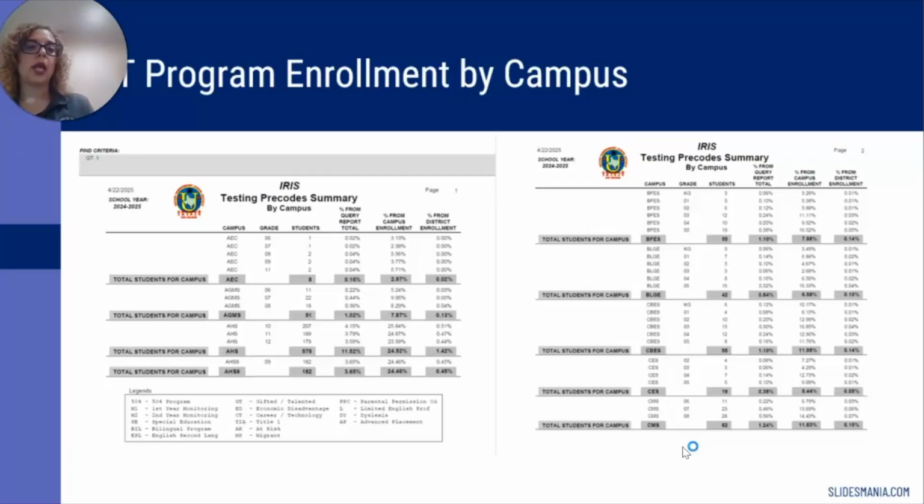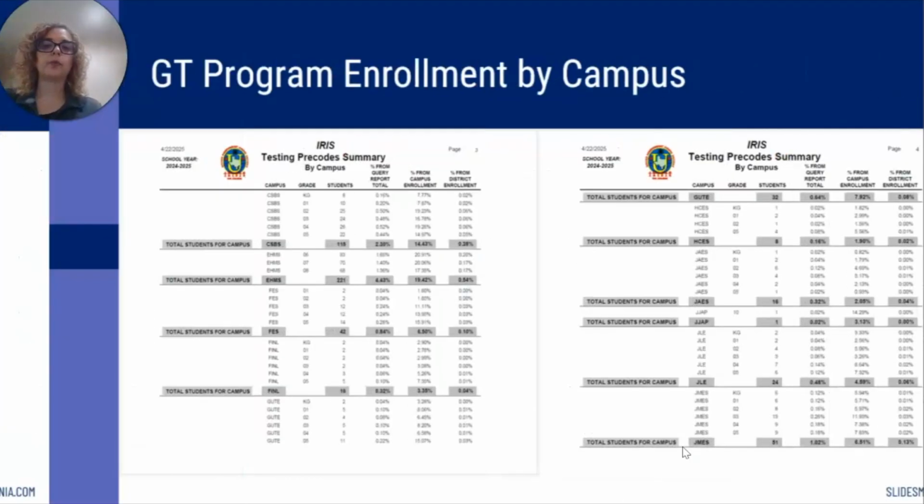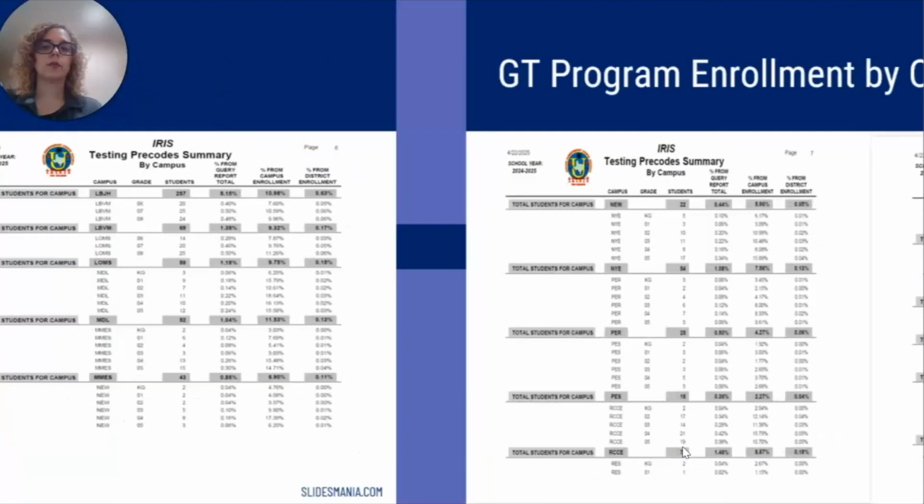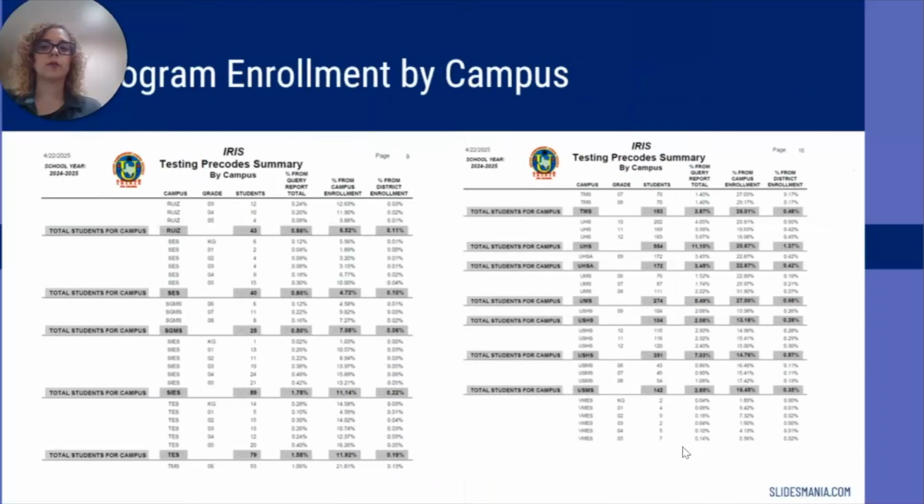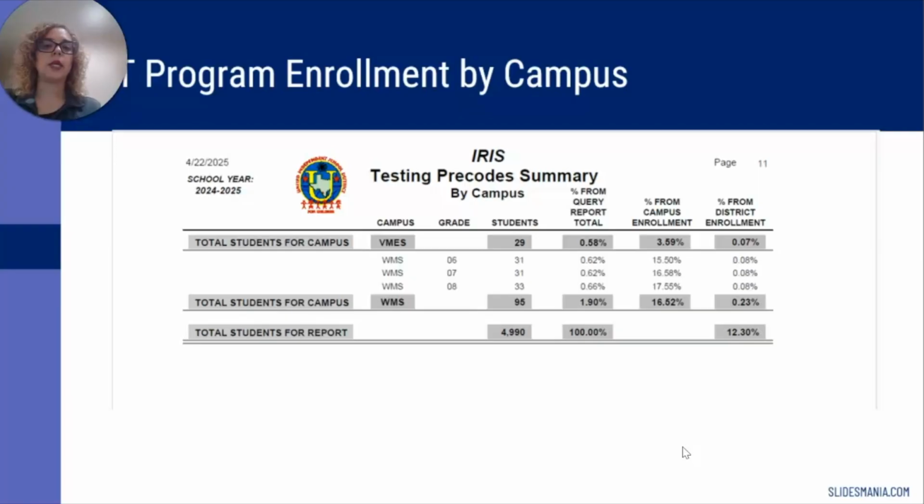We do look at our research, and we also go into our online platforms within our district to make sure that we identify our students and that the campuses identify their students and that they know who their students are. Here are some summary reports by campus, by students, and by grade level. And as you can see here, we have a total of 4,990 students. And of course, we have 100% from our report. And this is from the district enrollment from